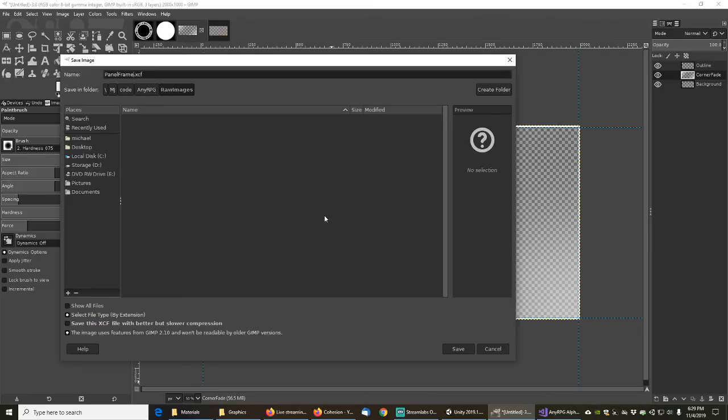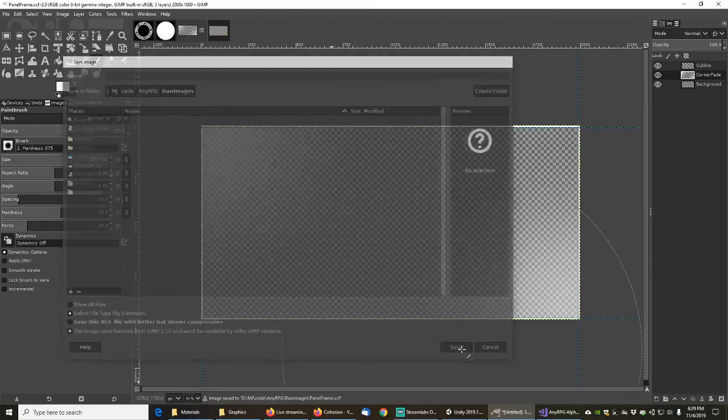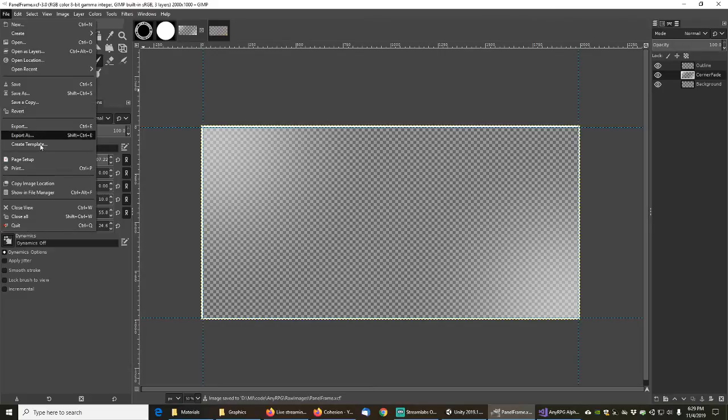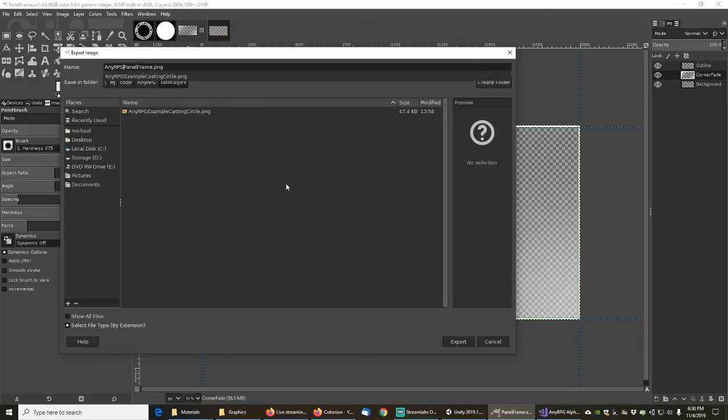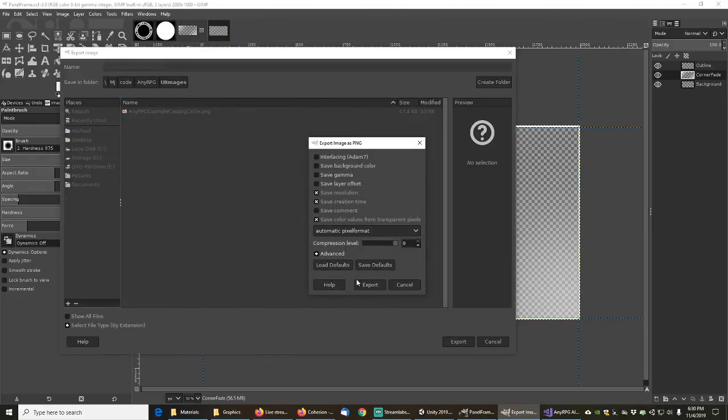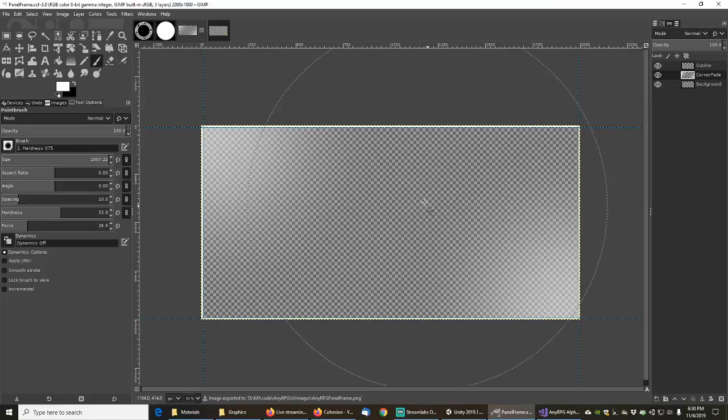So panelframe.xcf looks good. Save that, and File, Export that as panelframe.png. Yeah, good. And in fact, we're just going to call that AnyRPG panel frame. Save the gamma. I think I want to save the background color too. Okay. And so now